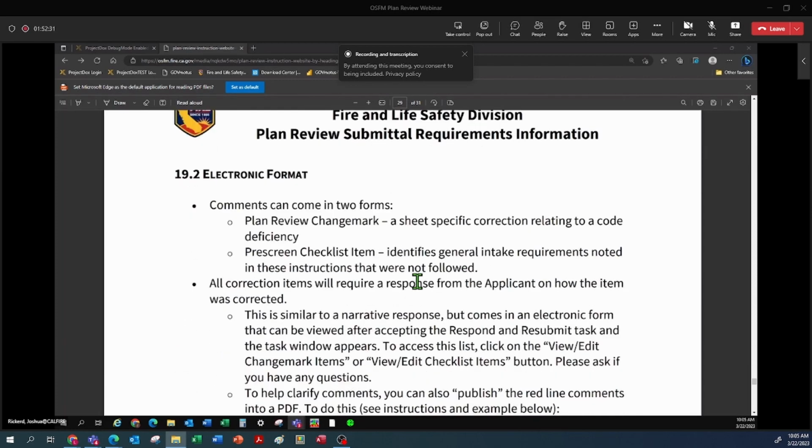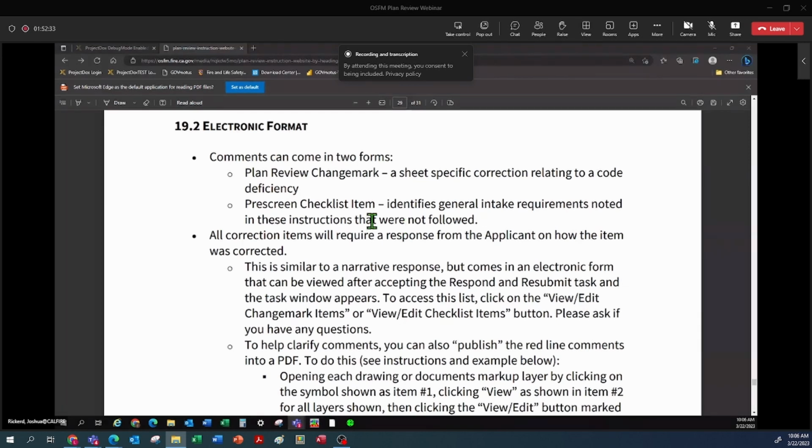In electronic format, comments can come in two forms. A pre-screen checklist comment that we send you means that the general intake requirements that were noted in the instructions above were not met. Your file names weren't correct, you uploaded a multi-page drawing file, things like that. Plan review change marks are plan review comments, and they'll have specific code deficiencies. And responding to those,